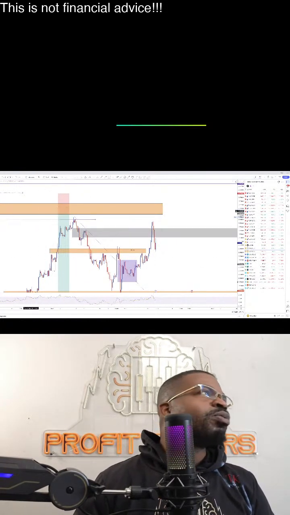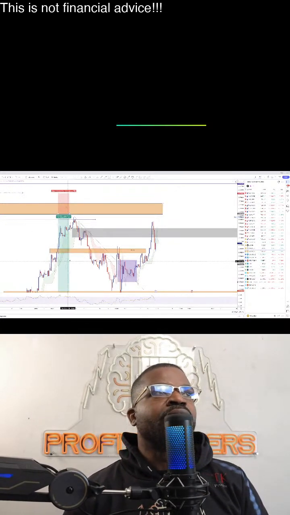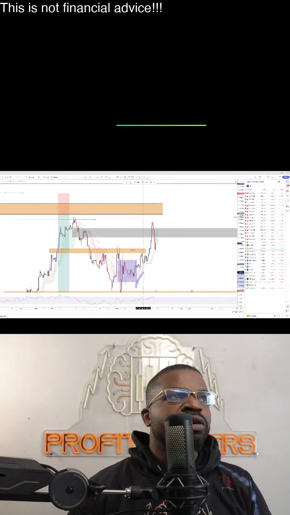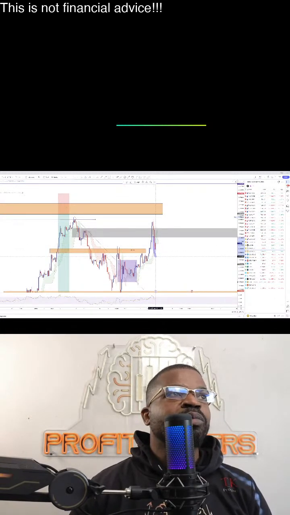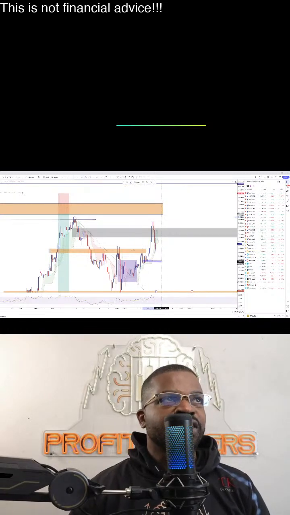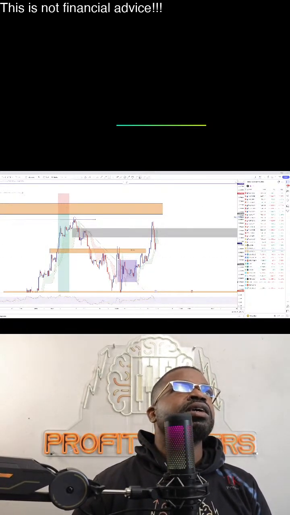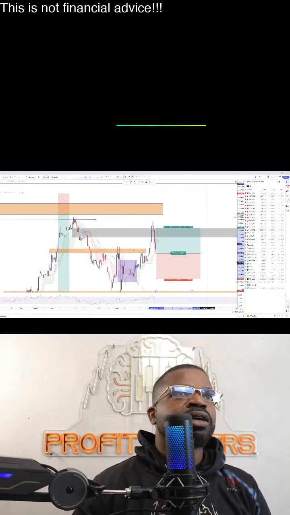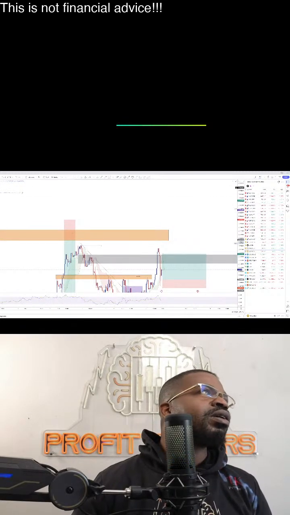I noticed with this pullback, I have the Ichimoku cloud up on my terminal. Normally the cloud just shows you the trend line. So when I saw this sharp pullback only dropping to retest this area, I entered the buy, and my entry is right here. We're taking this to